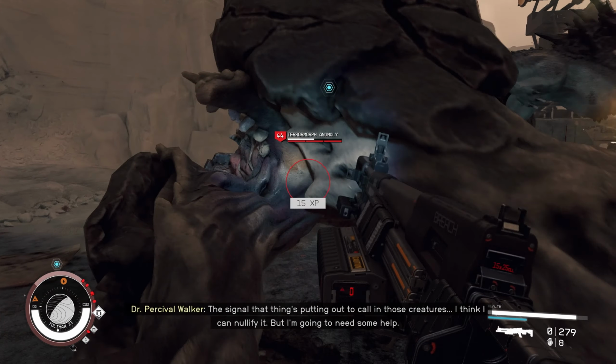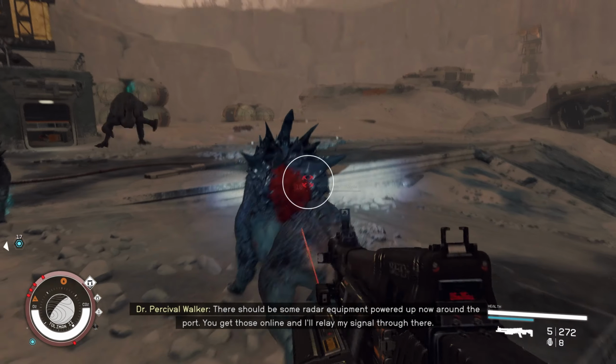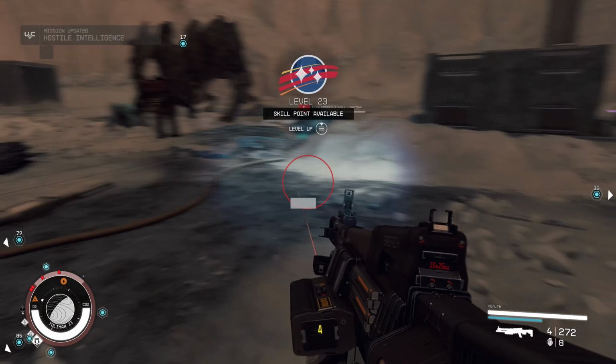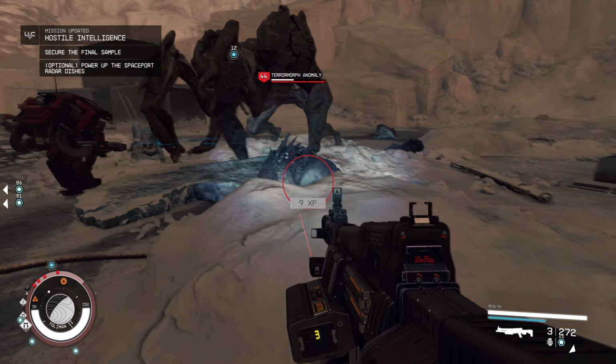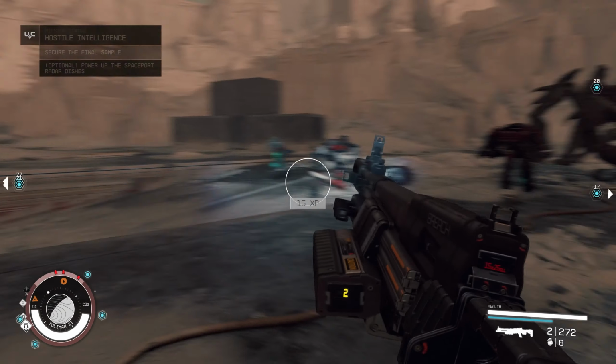I think I can nullify it, but I'm gonna need some help. There should be some radar equipment powered up now. You get those online, and I'll relay my signal through there. This shotgun's pretty sweet. Alright, let's go do that. They all seem very distracted, so...